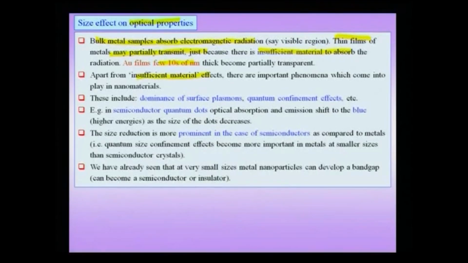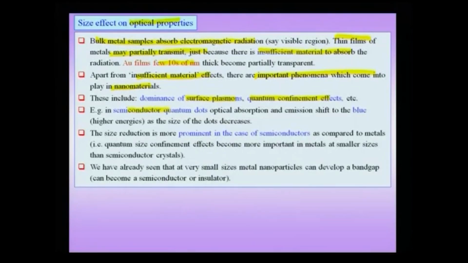So, gold films about 10 nanometer thick can become partially transparent, and this is not something unexpected. Apart from the insufficient material effects, there are other important phenomena which come into play in nanomaterials, especially freestanding nanocrystalline particles, and these include the phenomena of surface plasmons and quantum confinement effects. So, we will take up these two important phenomena. We already talked about the bulk plasmon, which is a longitudinal wave. Now, we will take up the concept of a surface plasmon, because in a nanomaterial, freestanding nanoparticles, you have a large surface to volume ratio, and therefore, surface dominant effects like surface plasmon